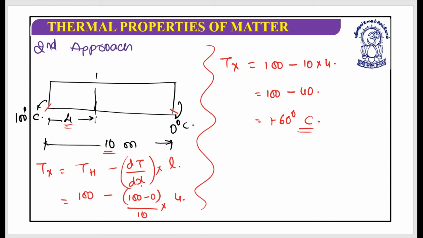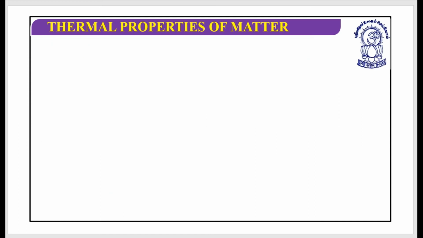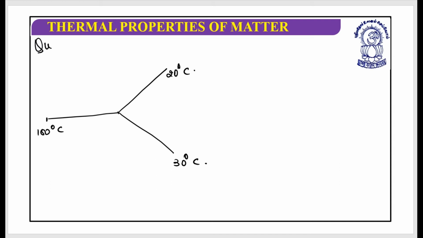Are you sure? Great. Now let's work on the next question. Let's suppose this is the situation: these three rods are there, and this is, let's say, at a temperature of 100 degrees Celsius, this is at 20 degrees Celsius, and this is at 30 degrees Celsius. The question says that all rods